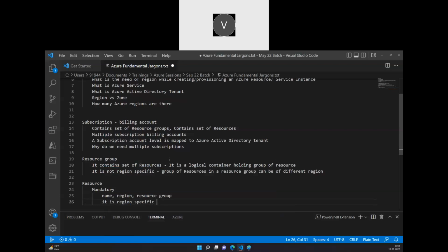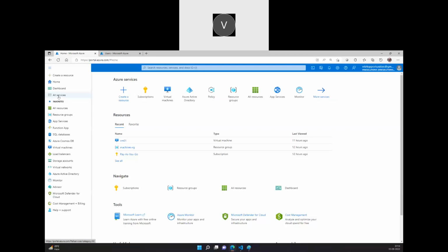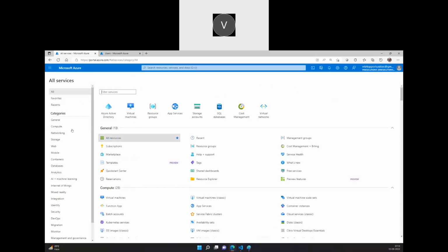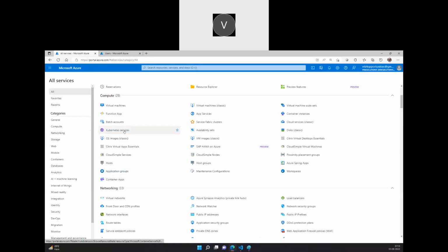Why is it region specific? Because a resource is something that is actually existing in Azure. You're creating that service somewhere. So every resource which you're creating, at the end of the day, is nothing but you're choosing